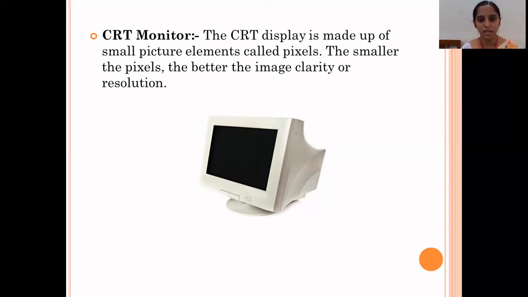On the CRT, in front of you, there is one picture. That picture shows the CRT monitors. In the beginning stages, all monitors looked like that. Okay, its size is big and all pictures shown on that monitor screen are in pixel format. If the pixels are spread out, the image is not clear. If the pixels are small, the clarity of the image is properly seen on the monitor.